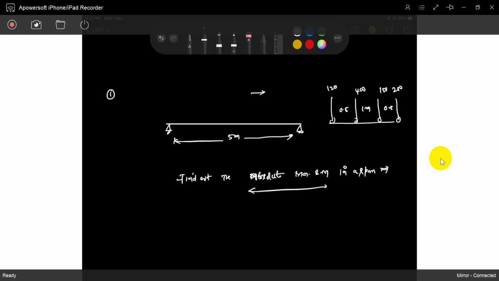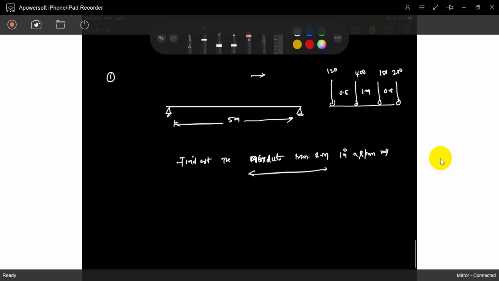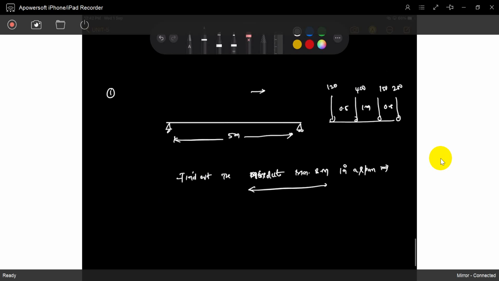Sir, where will we get the maximum bending moment? Once again I will say, the maximum bending moment occurs most probably in the middle, exactly at the center. But with rolling loads, slight changes will happen because you have to arrange the loads also. It may be slightly off, most probably near the center. So first, what will we do? First we find the center of gravity of the rolling system. We have to arrange that loading system near the center.